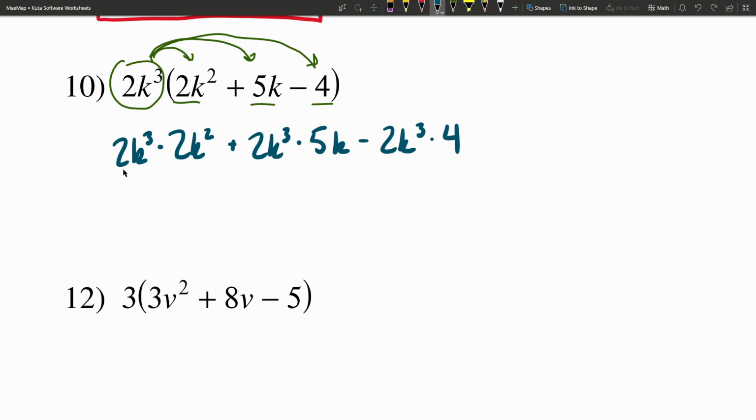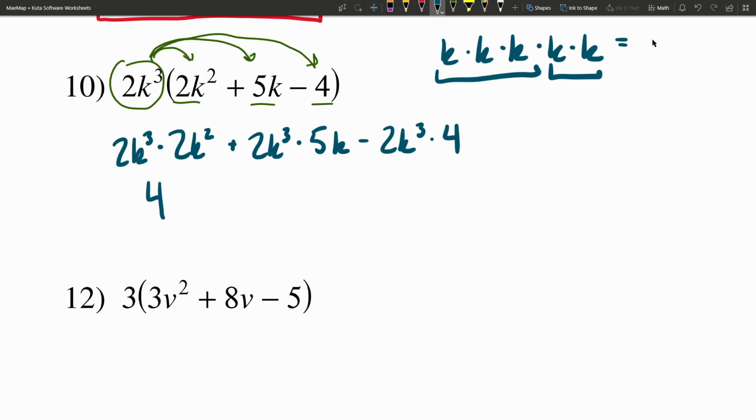So doing out this math, I have 2 times k cubed times 2 times k squared. 2 times 2 is 4, and think about k cubed times k squared. K cubed is 3 k's multiplied together, so k times k times k, and k squared is 2 of those k's multiplied together, k times k. So if I have 3 k's times 2 k's, that's going to be equal to k to the 1, 2, 3, 4, 5, k to the 5th. And again, 3 plus 2 is equal to 5. So we could have used that law of exponents there as well. So we have 4 times k to the 5th